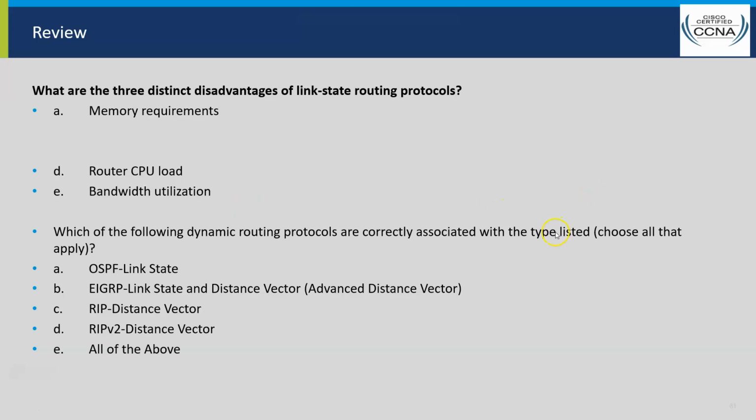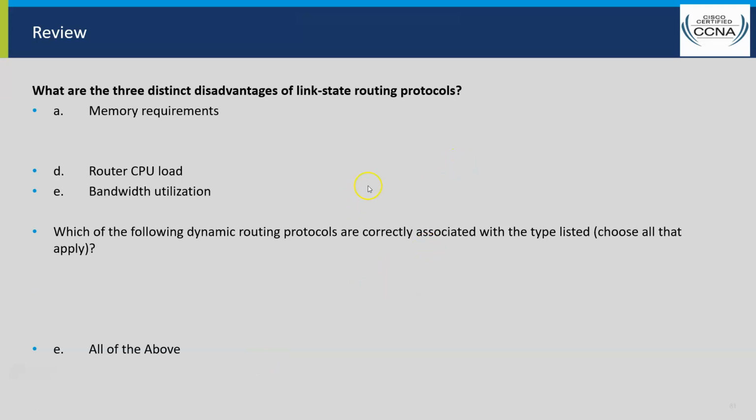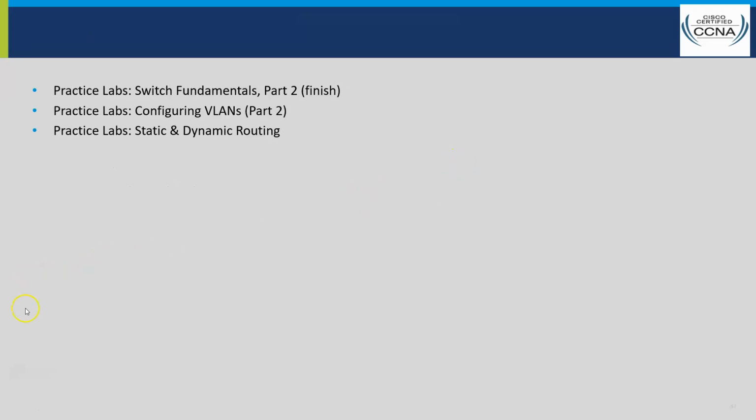Which are correctly associated with the type listed? OSPF is link state, EIGRP is link state and distance vector, advanced distance vector, RIP distance vector, RIP-v2 distance vector, or all of the above. And that one's going to be all of the above. So we do have